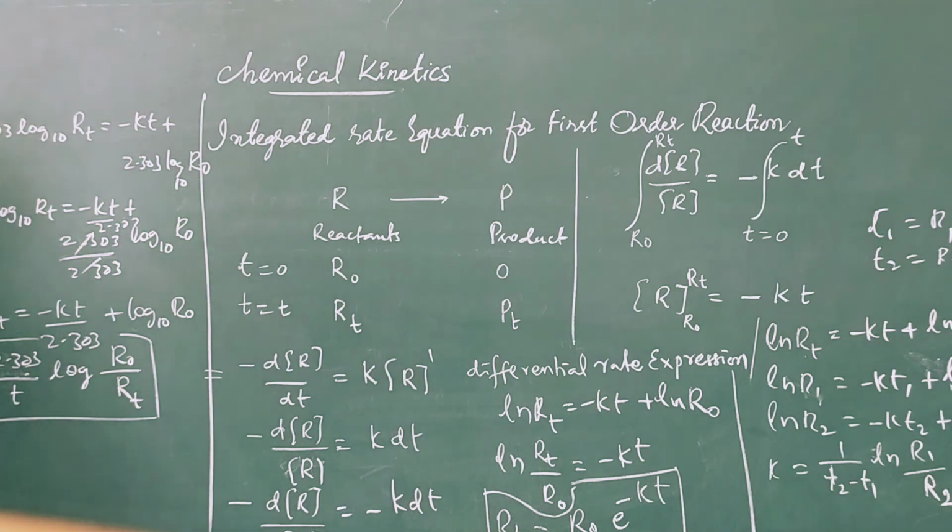And if you plot the graph between initial concentration and final concentration, we'll get a graph, and the slope is equal to K upon 2.303. This is log base 10 of initial upon final against time, where time equal to 0 is the start. This is the graph we'll get from this equation.